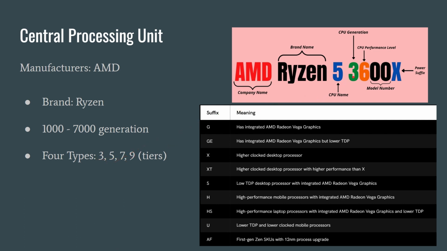The other thing to note is that AMD has this second number after the generation. So for example, this product is in the 3000 generation, but then the 6 indicates the performance level within that generation, on top of the series indicating the performance level. So it can get confusing, but basically the best AMD processor would be the highest CPU generation, the highest performance level, and the highest series of that